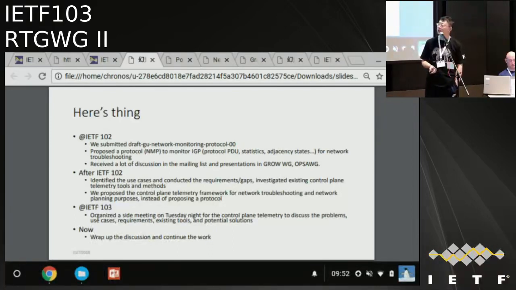After that, we propose a possible framework for control plane telemetry for network protocol monitoring. The most important use cases are network troubleshooting and network planning. We propose this framework instead of directly defining the protocol, in order to collect feedback and see if we can reach some agreement or